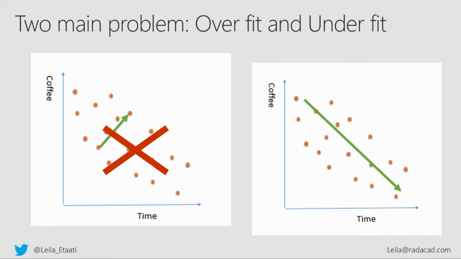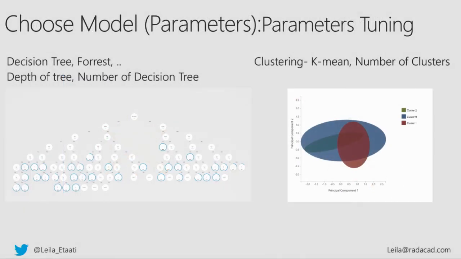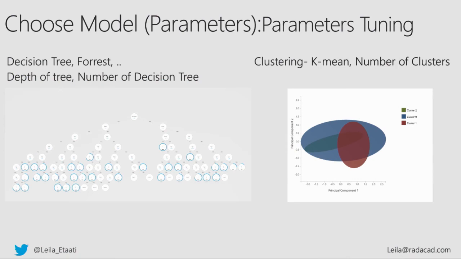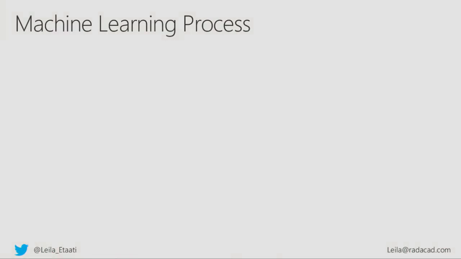How do we avoid them? By parameter selection. We have to set up the parameters for each algorithm to avoid them. For example, in a clustering algorithm, we have a number of clusters that we should specify very correctly. Or for a decision tree, we have the same. There is a component, I didn't put it, named the hypertune model, that tries different parameters that we have in a model, and based on them, tells us what the accuracy is and what the best accuracy is for each model. So let me actually show you this,